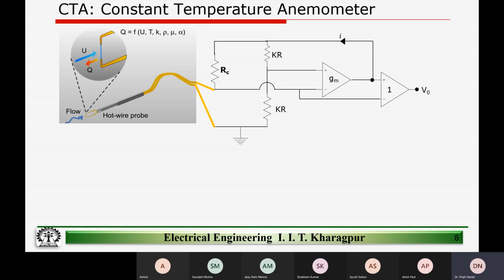So we have this wire sitting here, and this is the tip. I've just shown a zoomed in version, which we saw already in our previous class. And this wire is a part of a Wheatstone bridge measurement. And then we have a transconductance amplifier and a voltage amplifier, both of which we can design. And being electronics engineers, we should be able to design these amplifiers. Then if we use this in a Wheatstone bridge, let's see what happens. And we will again derive the